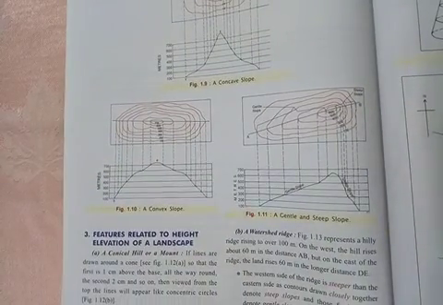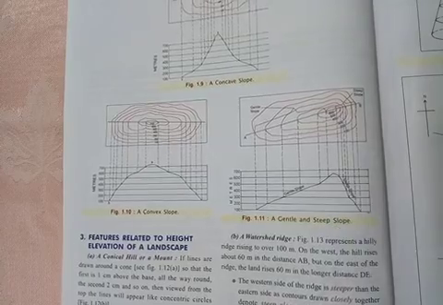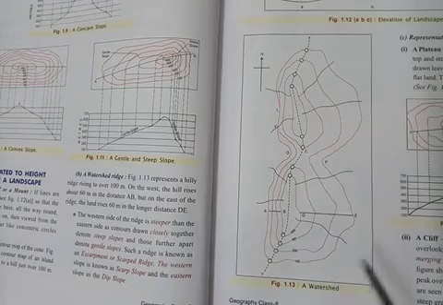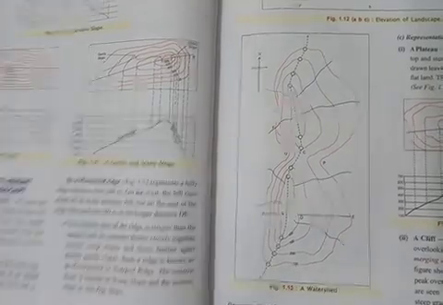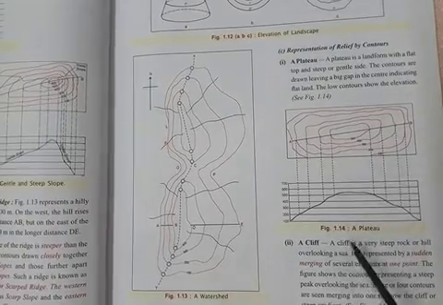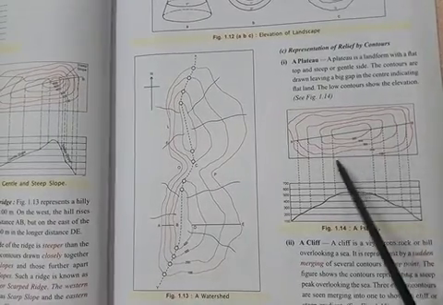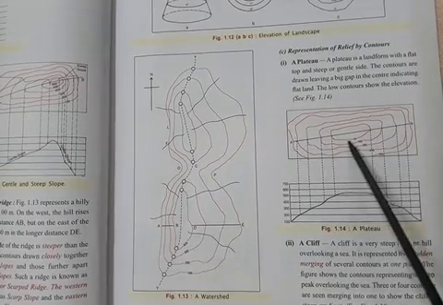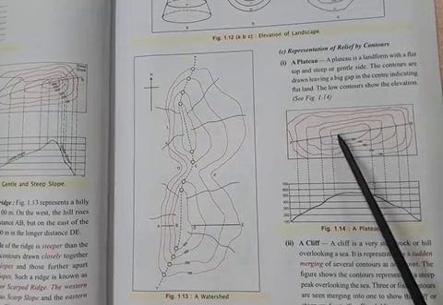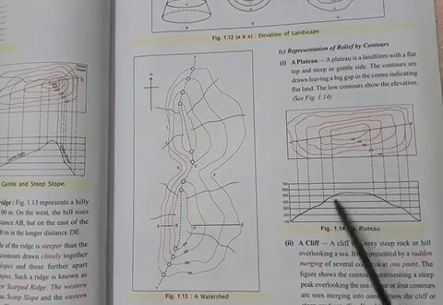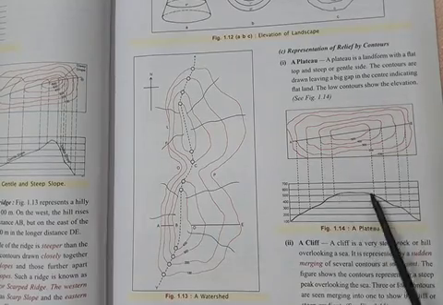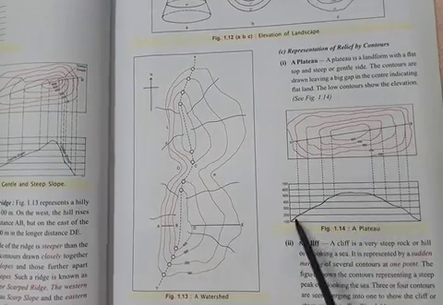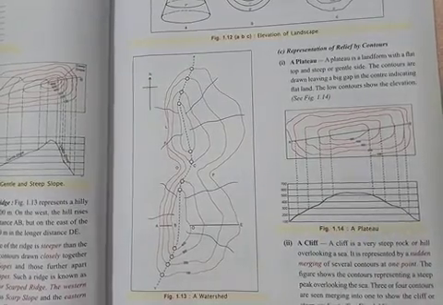Now for the next feature, I have already shown you the gentle slope and the steep slope. Then the next one is figure 1.13. I have already shown you, this is a watershed. Now the next feature, let me show you a plateau. Here you will find contours given in figure 1.14, but the central part is very, very broad. When we draw the cross section, you can find a tableland, meaning there is no conical hill; the upper portion is flat, so this feature is called a plateau.